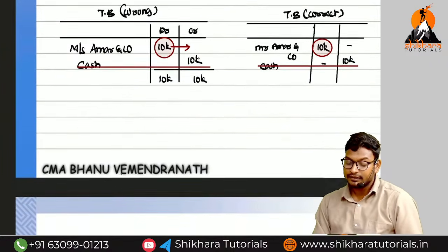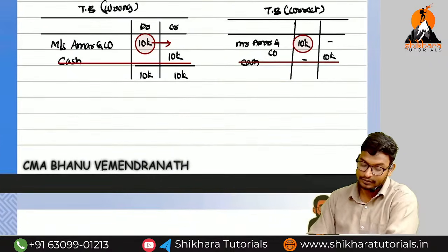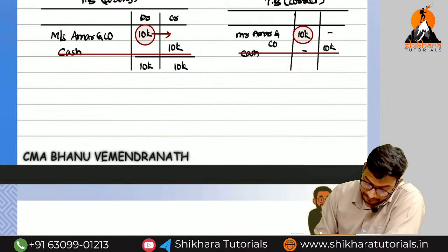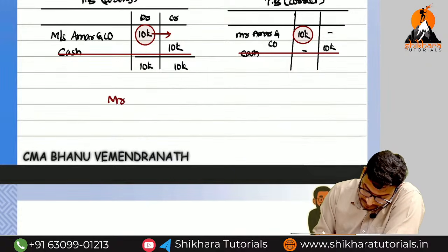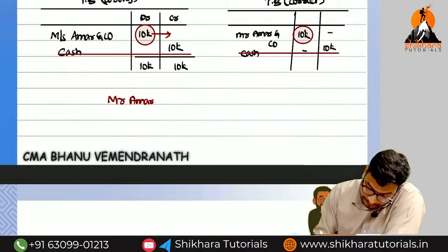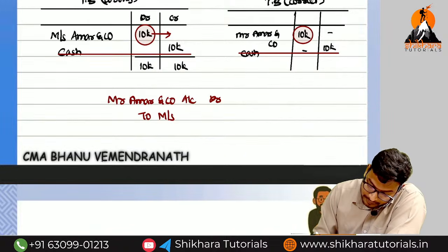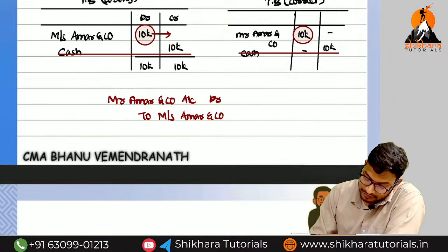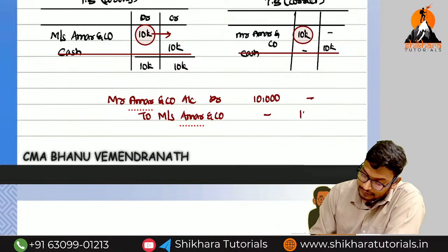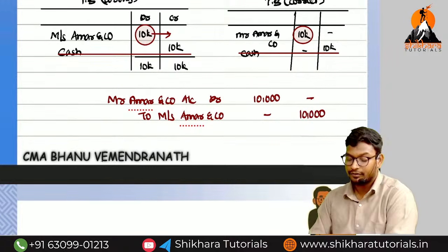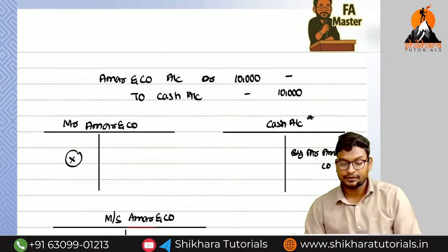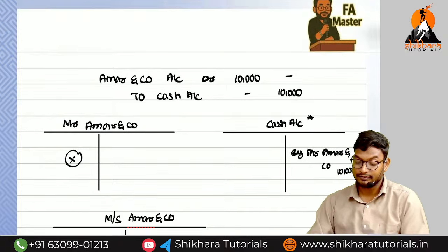Can you say the rectification entry, amma? Simple. What is the rectification entry, guys? Mr. Amaranko account debited to Mr. Amaranko. How much, amma? Same amount, 10,000 and 10,000. I think you understand the clear picture about this one. Okay na guys? So this is the